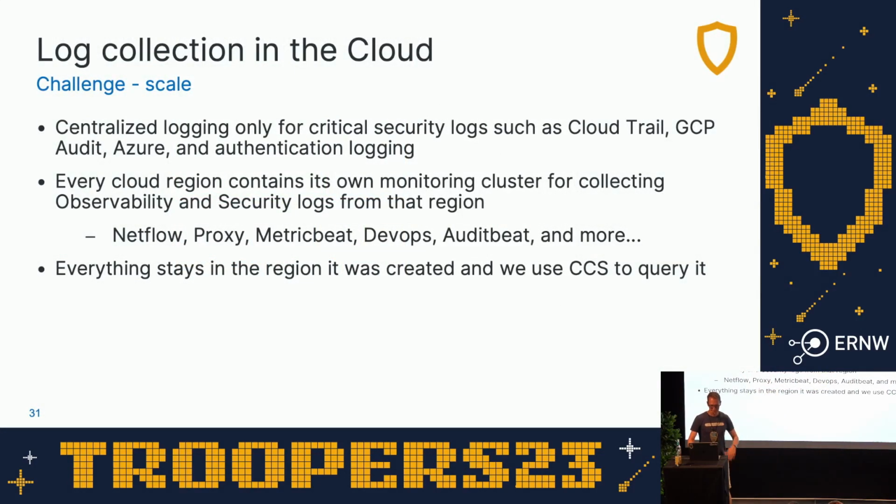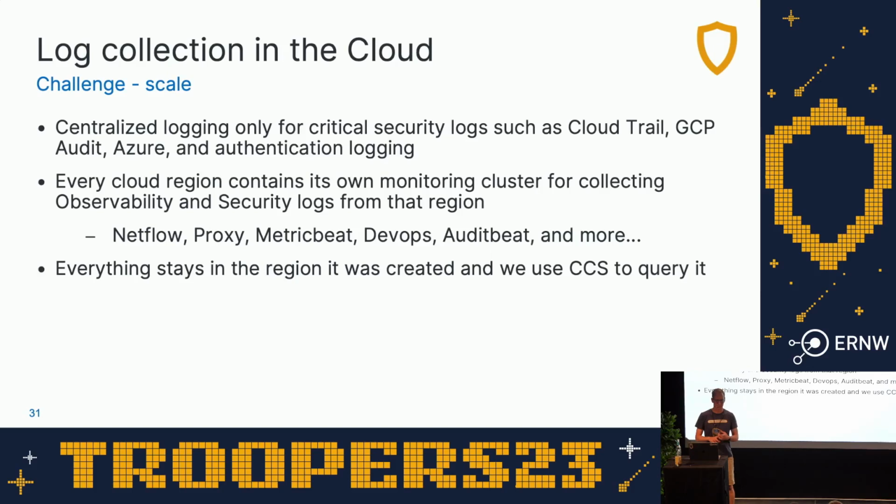So what type of log collection are you talking about when you've got 500,000 containers? So we do centralized collection of our critical security logs, such as CloudTrail, GCP audit logs, Azure audit logs. You centrally collect those because those are all coming direct from the cloud provider anyway. Authentication logging, all of your admin console type logging, that all gets centrally located in a single cluster. Within each cloud region, from the previous slide you saw, we have 60 different cloud regions across 3 different cloud providers. Each cloud region, we keep the logs within the region. We have an Elasticsearch cluster within every single region that collects the logs.